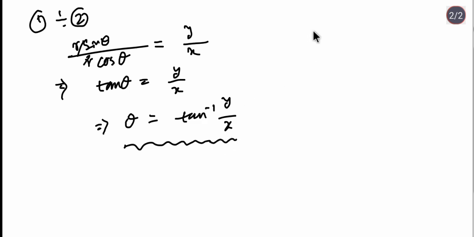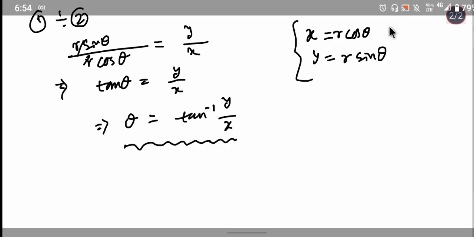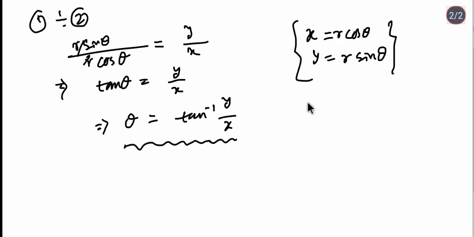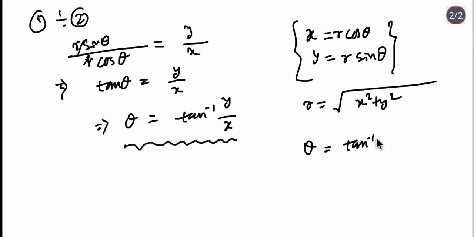So overall we get x is equal to r cos theta, y is equal to r sin theta. Another we get r is equal to root under x square plus y square, and theta is equal to tan inverse y by x. So these are our relations between the polar coordinates and the